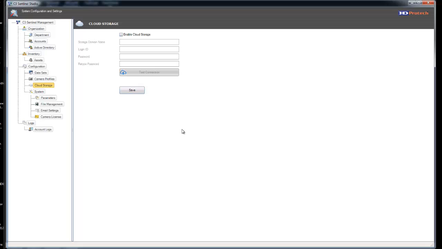Cloud storage, Q1 2015. This is going to be a hybrid solution, not a pure cloud solution in the sense of the word, in that you can pick and choose what files you want to be synced up to the cloud so that other users outside of your network can have access to them via a web interface. This is done primarily as